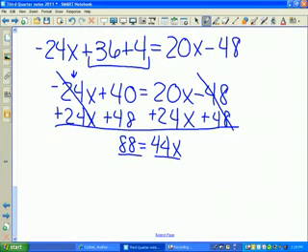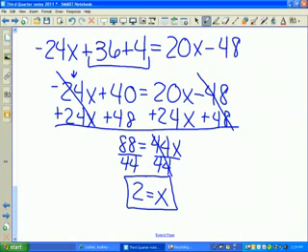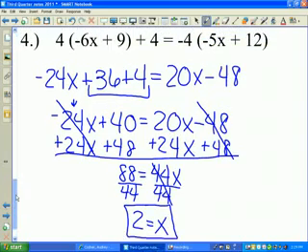Dividing both sides by 88? No, we want to divide both sides by the 44 because we want to isolate our variable. So 88 divided by 44 gives me 2, and that's what x equals. Okay? If you're not sure, if you want to check it,